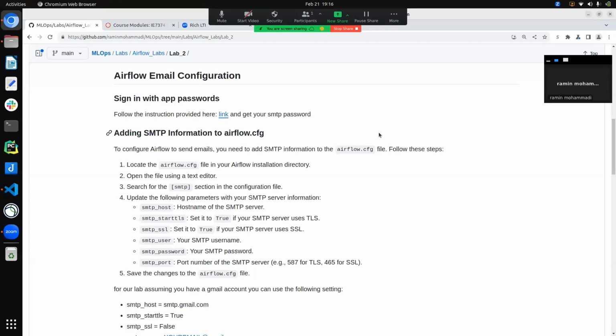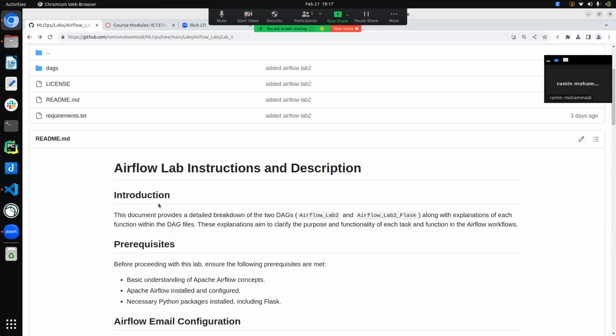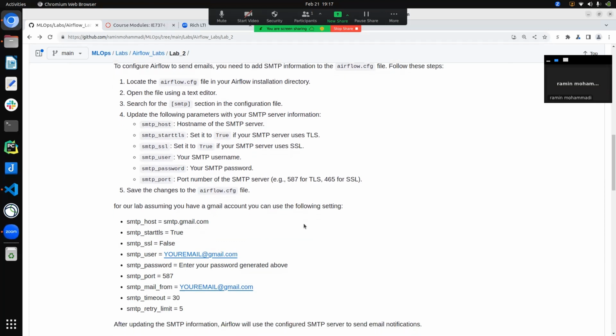And this page was here. If you go on it, it tells you how to create an app password. Just follow this instruction and you get a 12-digit token, basically. After you get that token, you need to enter it here in SMTP password. That basically allows Airflow to connect to your Gmail. And then after that,